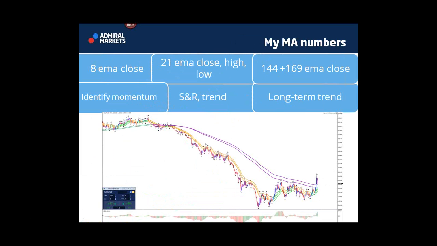Whereas if you use one single point, I think you automatically attach maybe a bit too much importance to one point on the chart. I like using zones myself. There's nothing wrong with using one EMA, only the 21 EMA close, and just using that as is. I like the extra visual reference myself. The 144, 169 I use as a long-term trend here, and that's the purple because it's pointing down. That's why it's bearish. So you can see long-term trend down, medium trend is down, that's the orange, and the 8 EMA you don't even see here because that is showing the momentum. All right, so that's basically my EMAs.